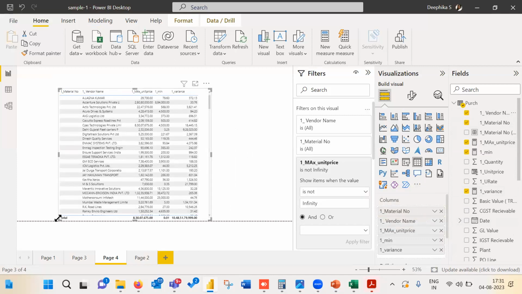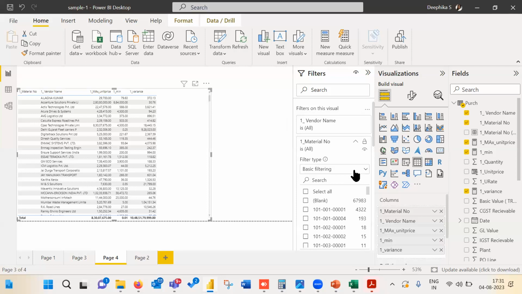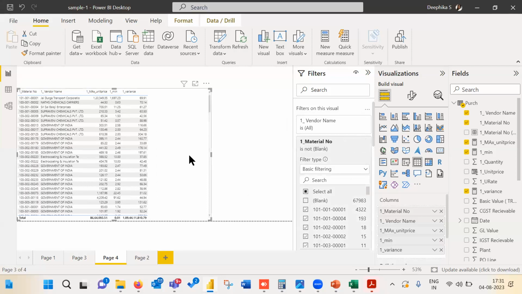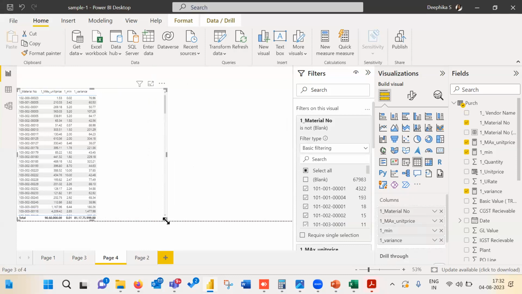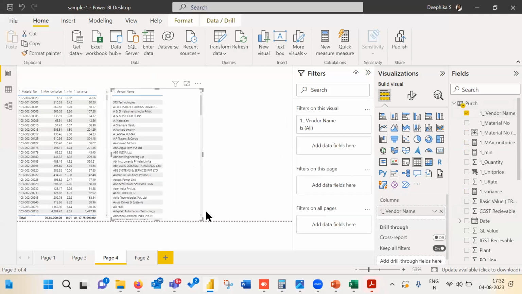Same vendor, same price. And I can remove material number is blank. So like that, I can keep building on my report. Okay. So instead of creating all in same, better we can create this vendor name in a separate chart also. So vendor name in separate chart, location in separate chart, like that, so that it will create an interactive dashboard instead of creating all the context into same thing.